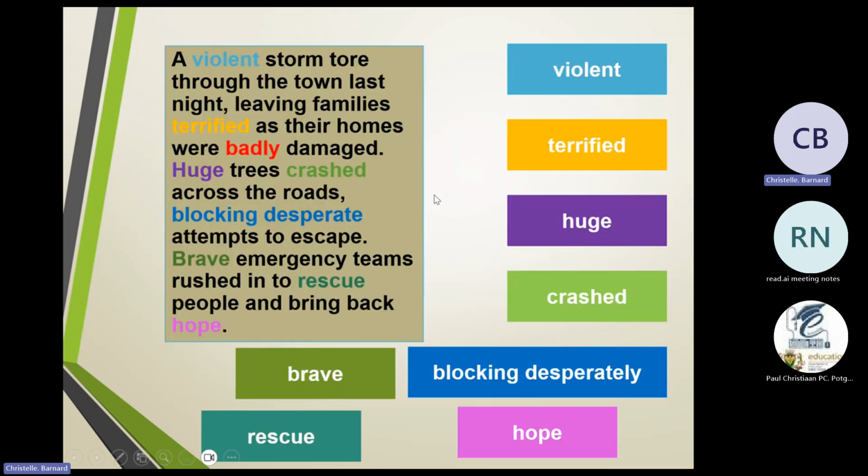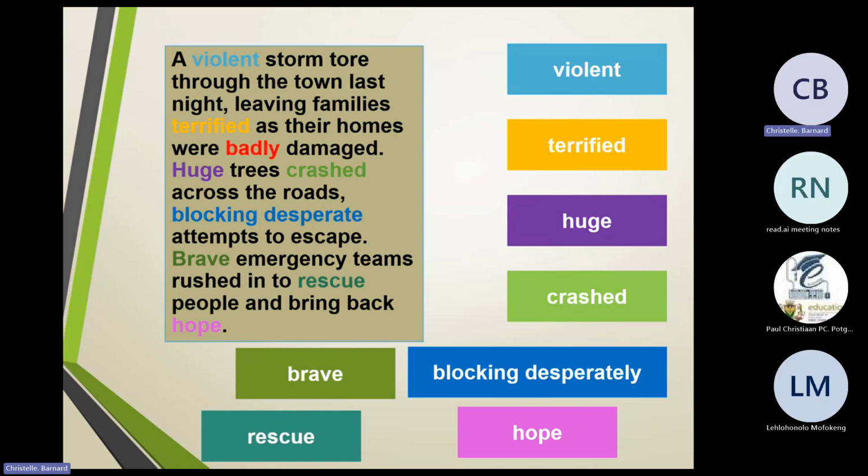Right. Now, this is the paragraph again that I had, the longer paragraph in yellow, the emotive paragraph. And now you will notice that I've put certain words in color. Instead of saying a storm tore through the town, then we said a violent storm. Immediately, if you hear the use of the word violent, there is an emotion. A person can become violent if a person is very angry. Anger is an emotion. So violent is an emotive word.